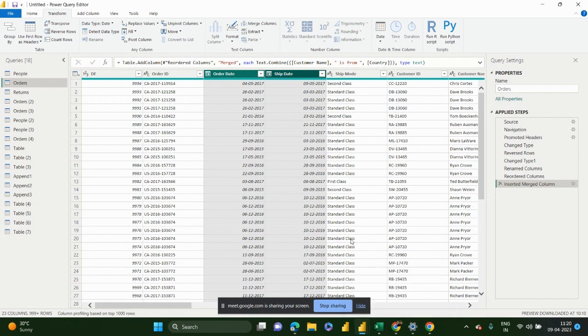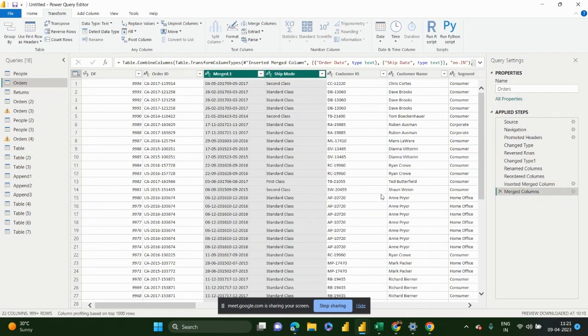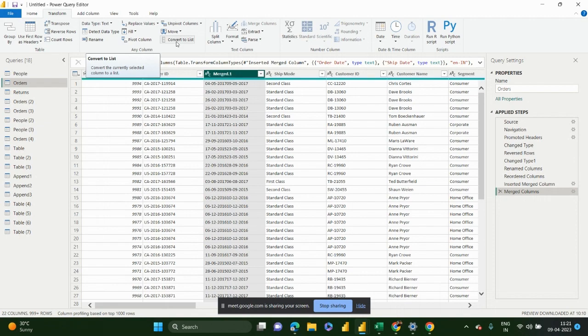But what you can do is you can join these two tables using any option, or using this merge option that we haven't taken today. We'll take it. So you can merge these two columns into one column and then convert it into a list, if that makes sense. So let's say you merge that column. And after merging, where is it? I think, yeah, here it is. And after merging, you can convert it into a list and then split based on the characters. So that way you have